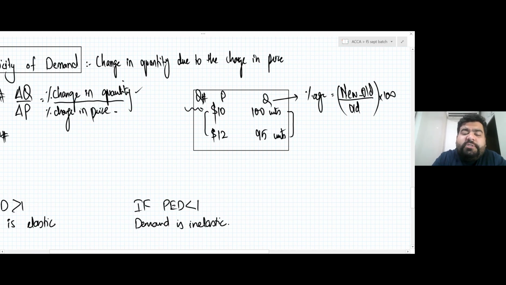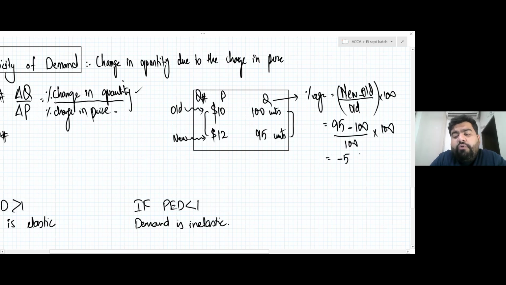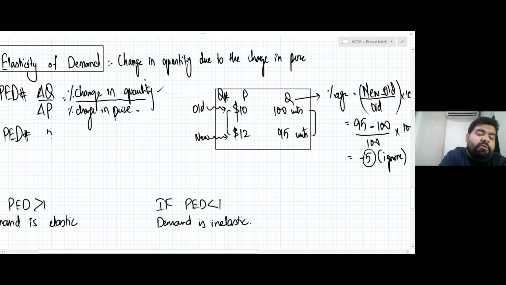Now assuming the old quantity was 100 at a price of 10, and the new price is set at 12, the quantity is now 95. So for the percentage change of quantity, the new value is 95, before it was 100, divided by old 100 into 100. So the answer will be minus 5. Just ignore the minus sign here as well. The change in the quantity is 5, we will not write minus 5. So the percentage change we'll say is 5%,